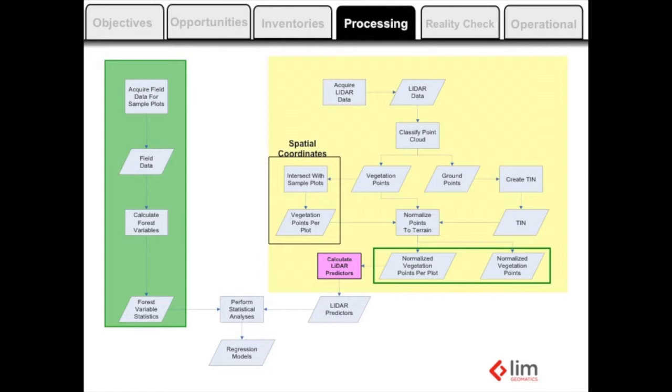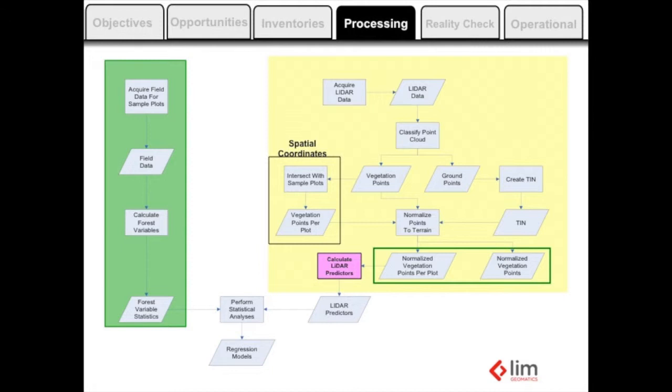The other side of the equation over here is looking at your LiDAR data. So here we acquire LiDAR data. If you're doing a mission, you basically get your LiDAR data. You either classify your point data in terms of ground and not ground, in our case it tends to be veg, or your vendor delivers that. And then you take your ground points and you can TIN it and have a TIN surface. You can take your vegetation points over here, subtract them against that TIN, and then instead of having your point data being at 233 meters, it's 20 meters tall, bring it down to human Earth type units.